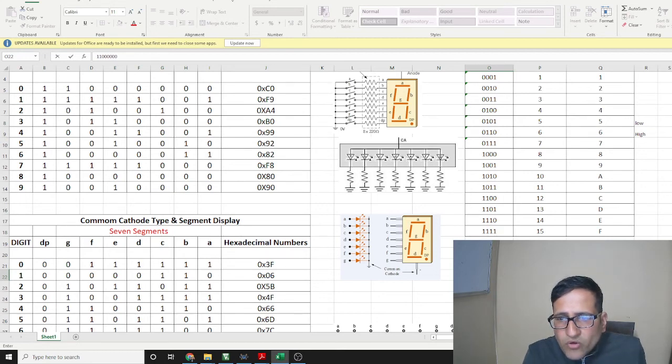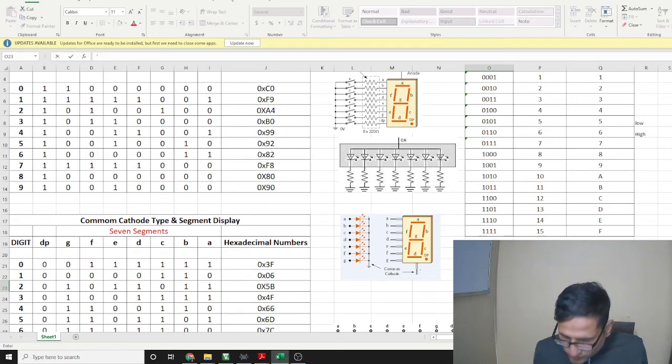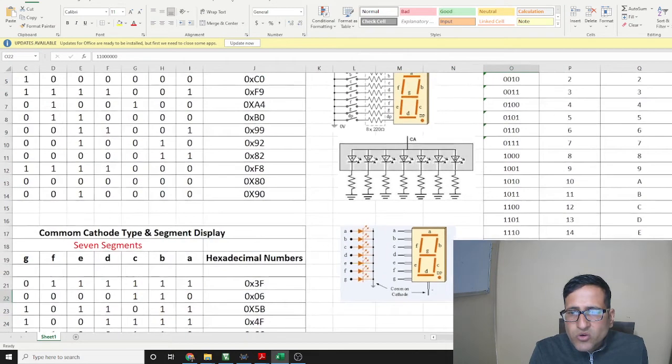These 8 digits are clear. So the corresponding complement value will be 0, 0, 1, 1, 1, 1, 1, 1. I will zoom it to show you.